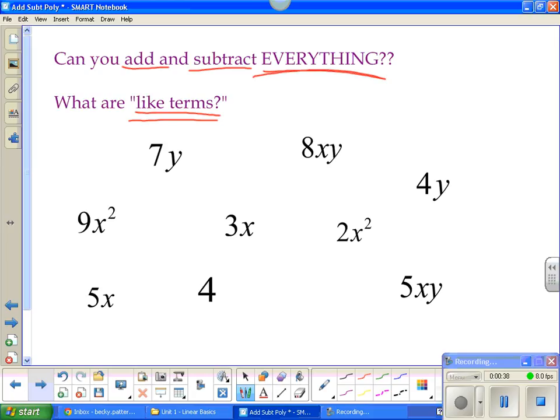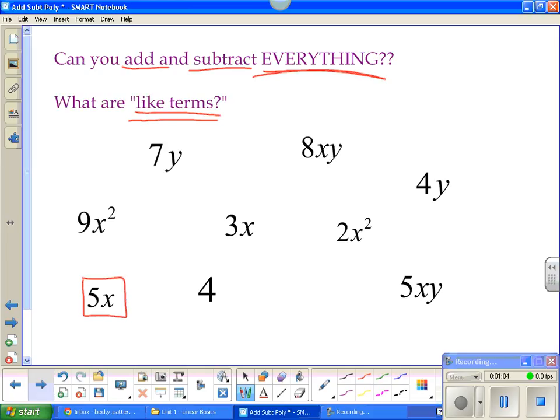So as we look at these terms on the board, we want to see if we can group the like terms together. The way that you can tell something is a like term is if it has the same letters with the same exponents. The numbers in the front can be different, but the letters and the exponents have to be exactly the same. So if we look at this 5x,